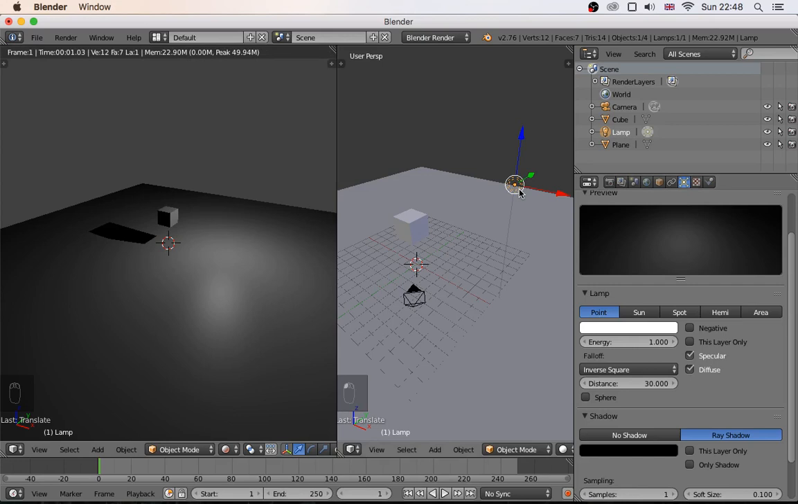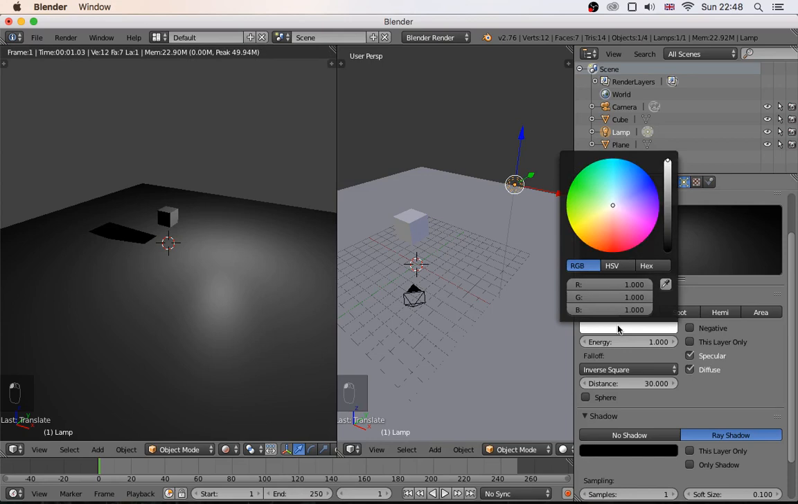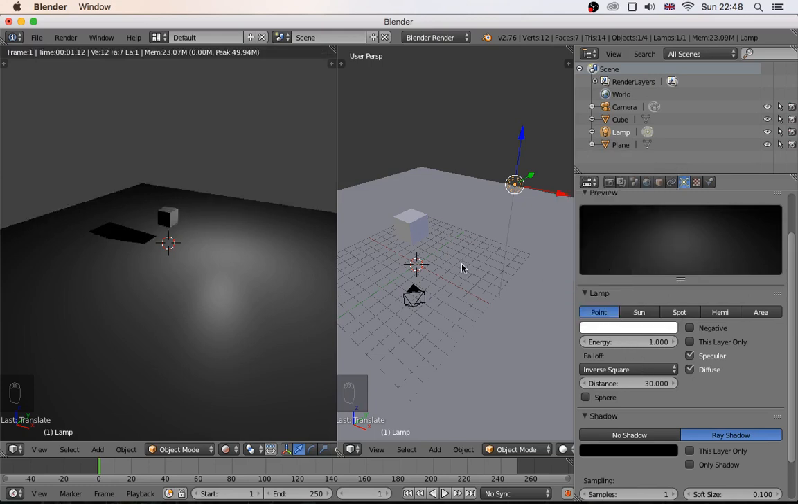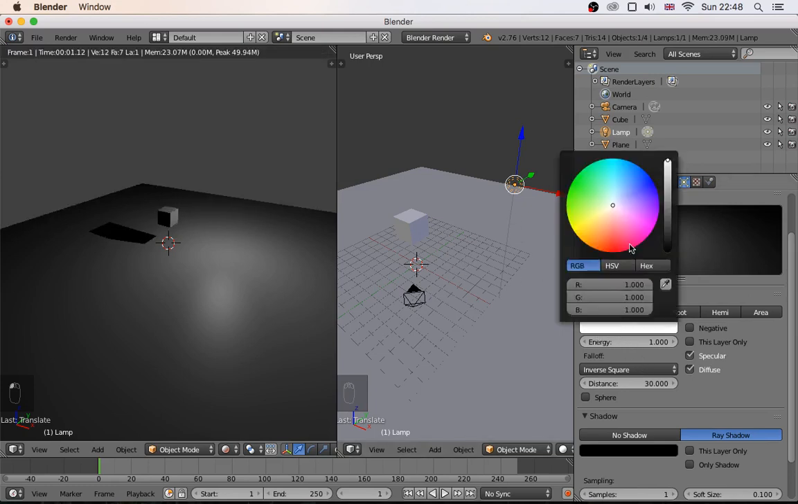Let's have a look at some of the settings that we have on that. So we have colour. All the lamps available to us have the capacity to change colour. So we can set the colour. Now this is actually very useful, very helpful,